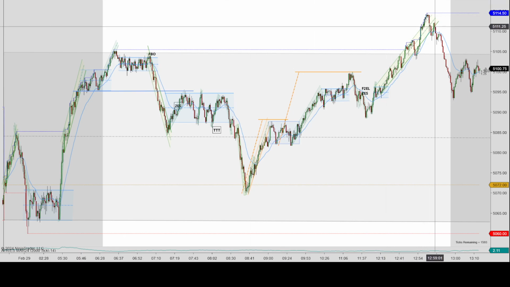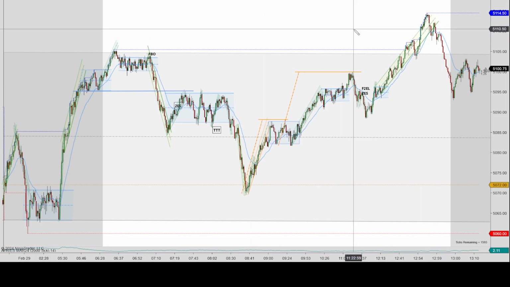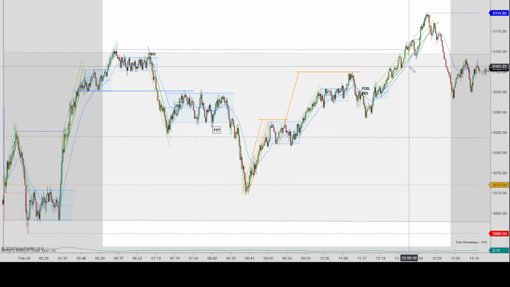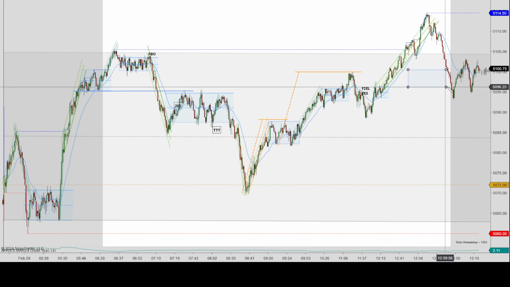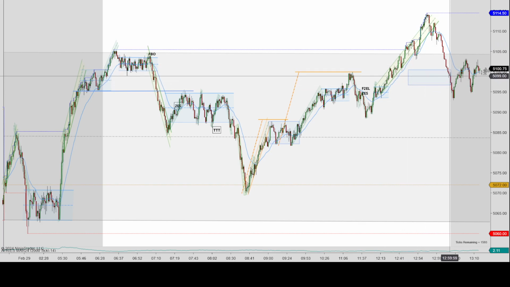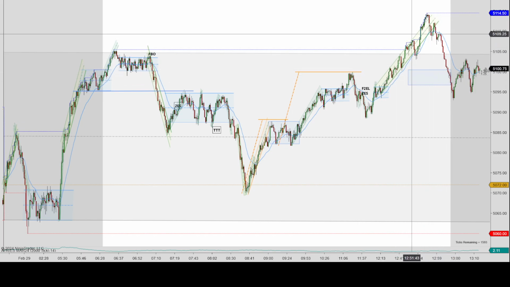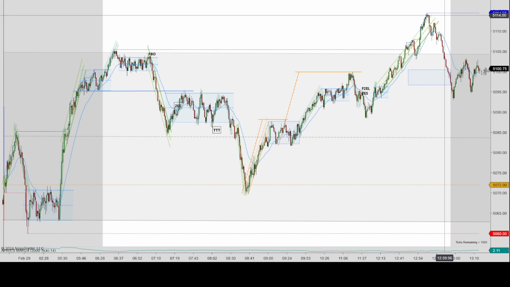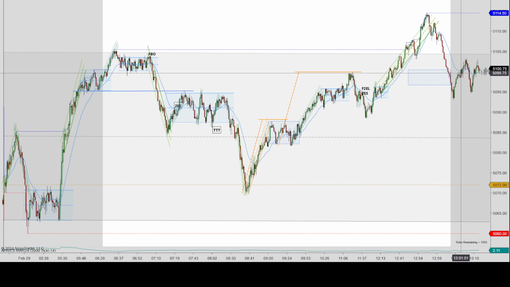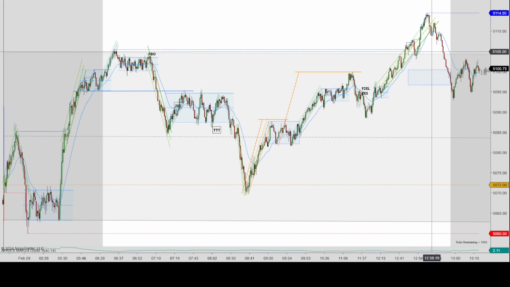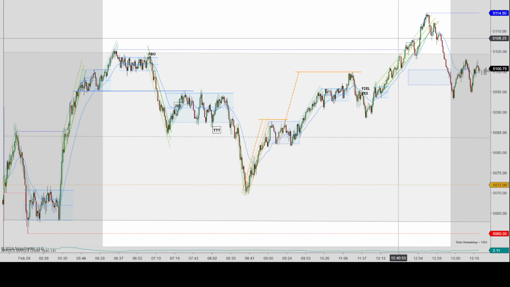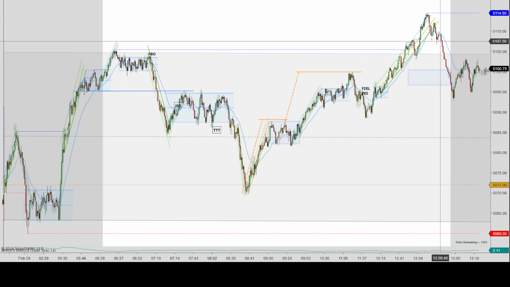But this looks deceiving. This looks like a whole lot of price action, but right about here it's actually 12:50 Pacific Standard, so this is 10 minutes of trading. You can see how much price action there was. It's pretty volatile, pretty crazy, and moved from 5114 all the way down to about 5100. So it moved 14 points in 10 minutes, and within those 10 minutes it chopped around pretty wildly. So don't be deceived by seeing this at the end.